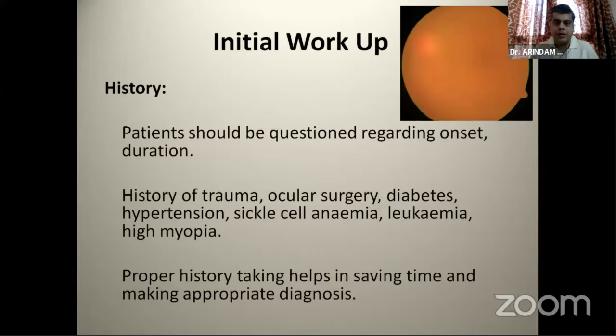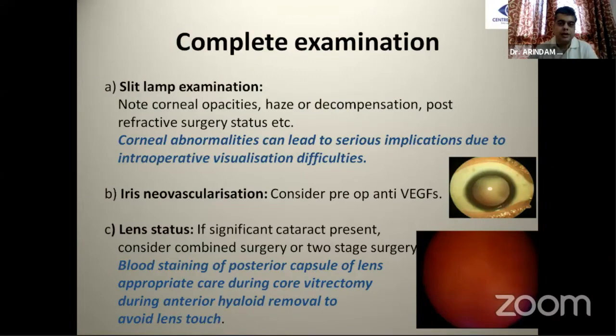So I'll straight away come to the topic of vitreous hemorrhage. The initial workup obviously includes the routine history taking regarding history of trauma, systemic disease, besides the onset and duration. Slit lamp examination is important from the view of the media because corneal diseases or cataract can hamper surgery. So certain cases in which cataract is extremely dense, we may have to do a combined surgery or a two-stage